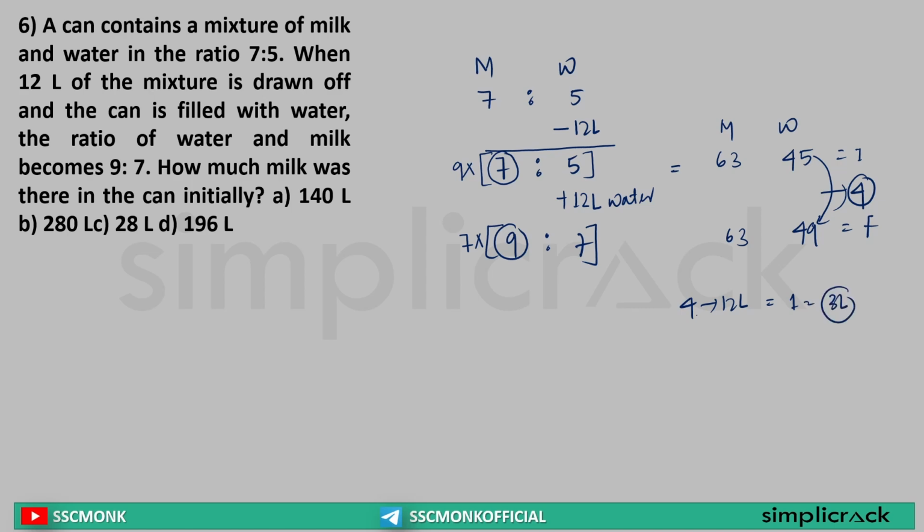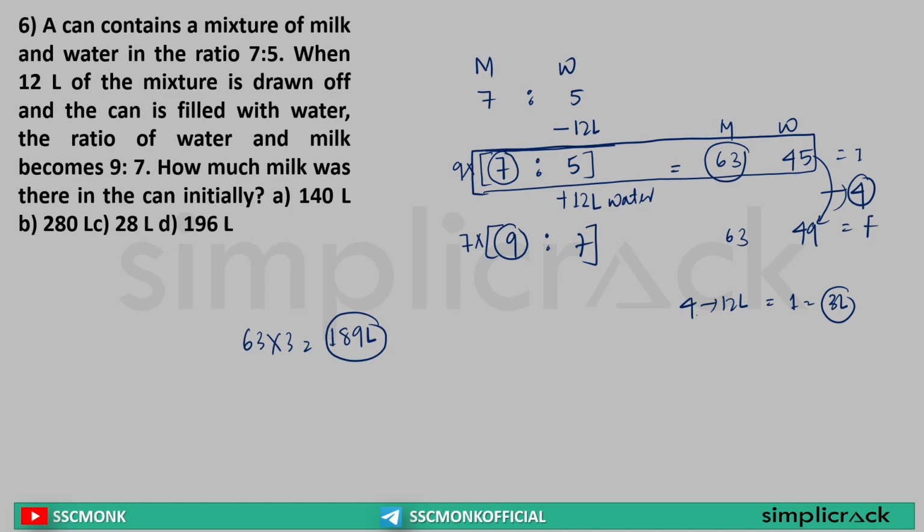Yes or no? Yes. It is asking how much milk was there in the can initially. Sir, very simple. 1 part is equal to 3 liter. How much milk was here? Sir, 63 parts. Sir, 63 into 3 is equal to 189 liter. Yes or no? Yes. But this is not the initial quantity, because here we are talking about after taking out